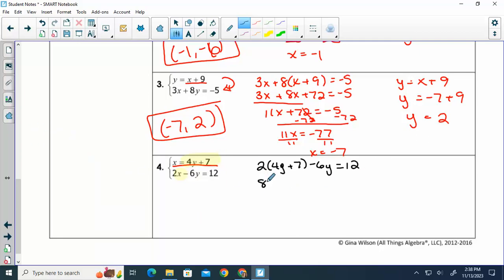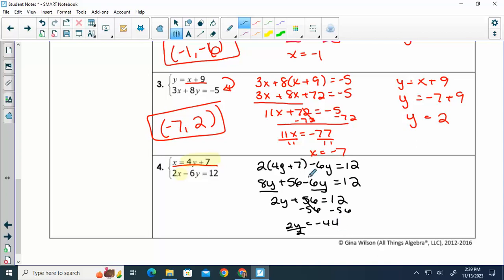Distribute the 2. Okay, 8y minus 6y. So if we subtract over the 56, divide by,